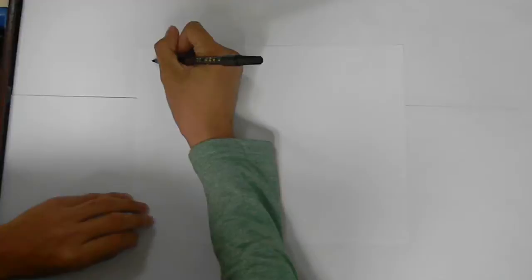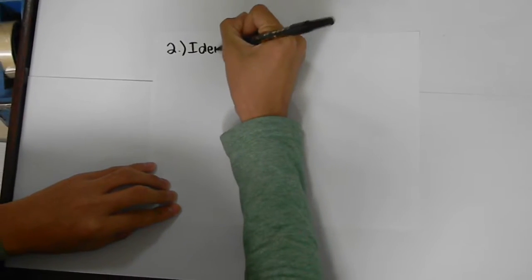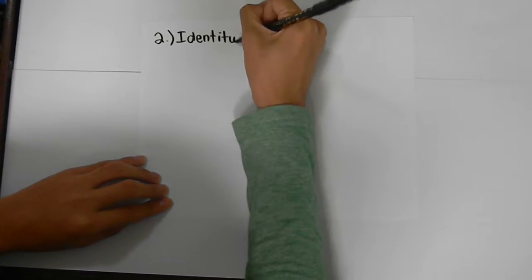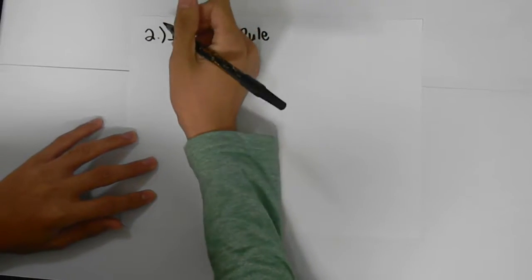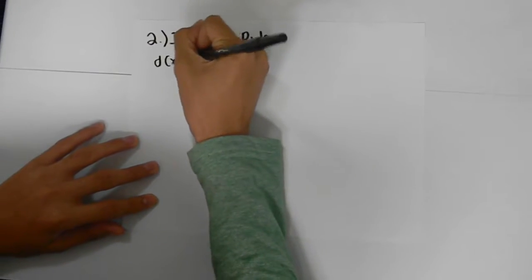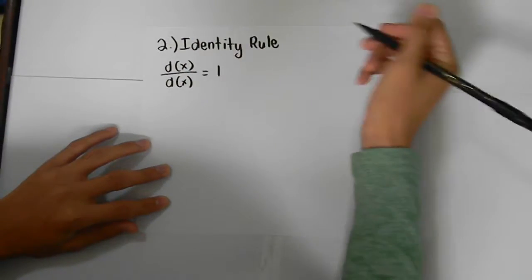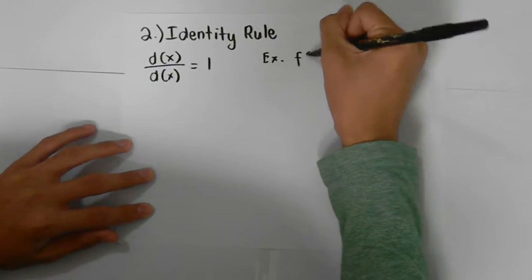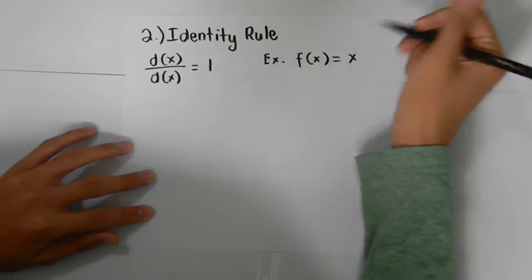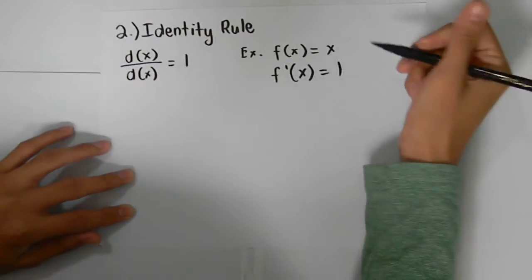Rule number 2. The Identity Rule. The identity rule states that if the values of delta y and delta x are the same, as if they were identical values, the result will always be equal to 1. For example, if f of x is equal to x, then the derivative of f of x is equal to